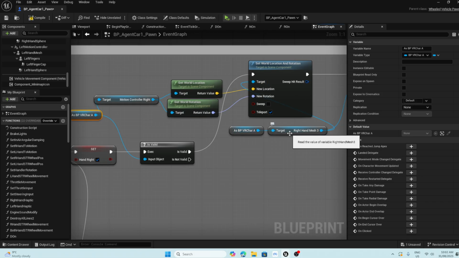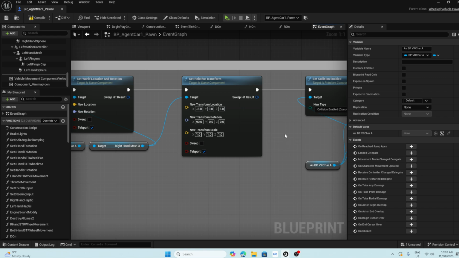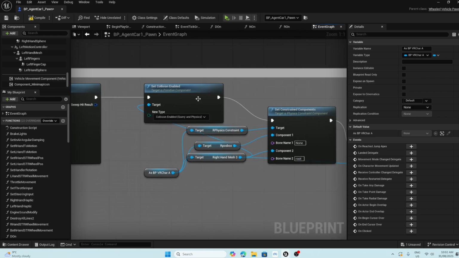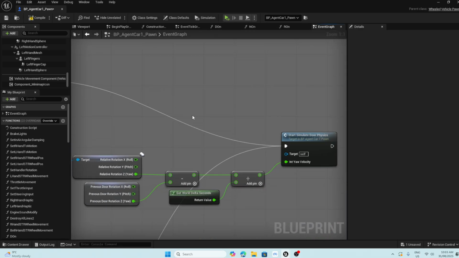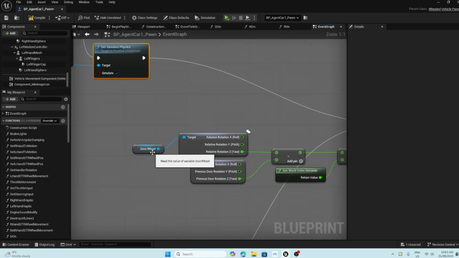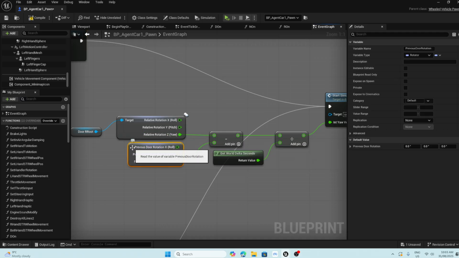And that'll be for the right hand mesh. And then we set the right hand mesh back to its position, set collision enabled, our physics constraint, our right hand position box and our right hand mesh, set constraint components, and then we simulate physics. And then we go into here, we get our door right hand root, which was our scene that our door is connected to. We get the z-axis for that, we minus that by the z-axis of